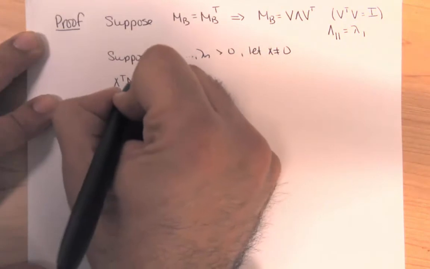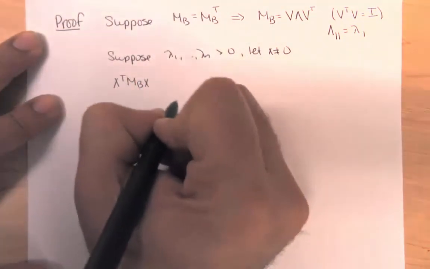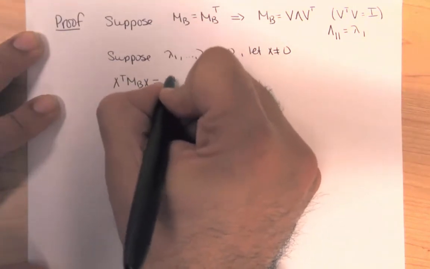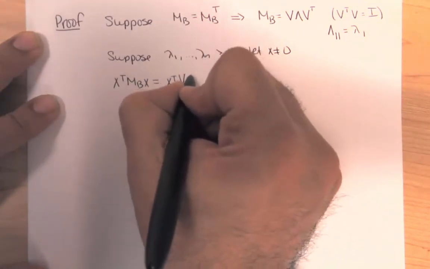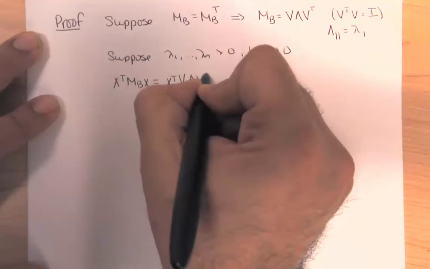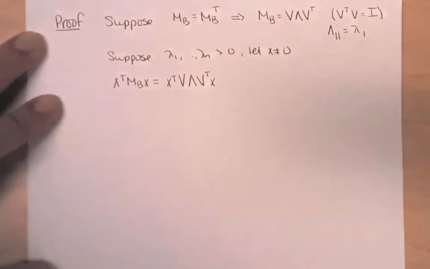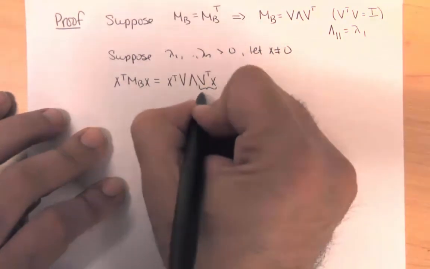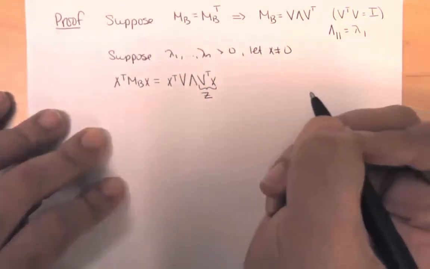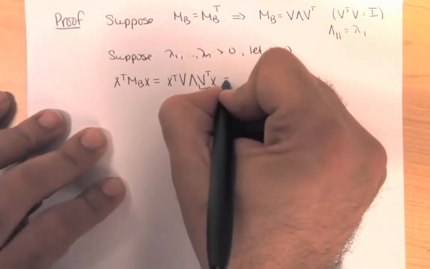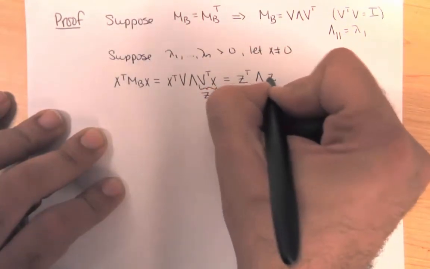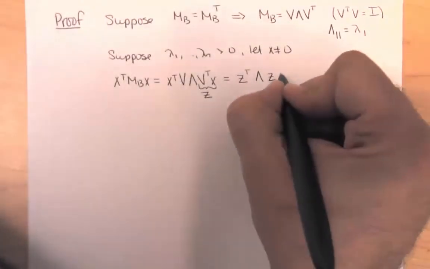Then X transpose M_B X equals X transpose V lambda V transpose X. Let me call this vector Z. Then this equals Z transpose lambda Z. And because lambda is a diagonal matrix,